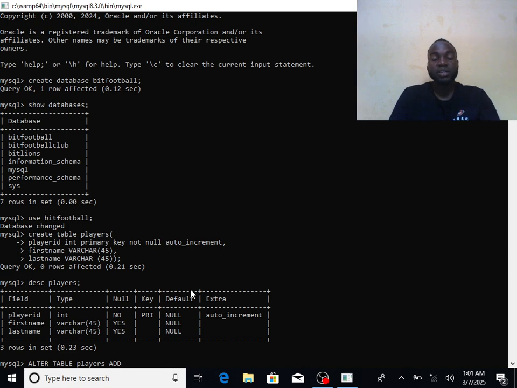As I've told you, alter can be used to add columns. After saying add, I put the name of the column I want to add, give it its data type and its data size. So let me now add a column called goals,